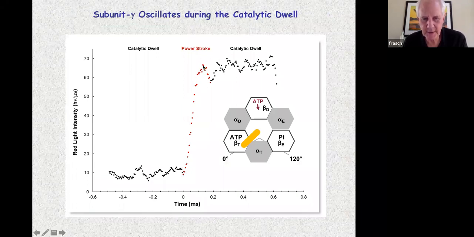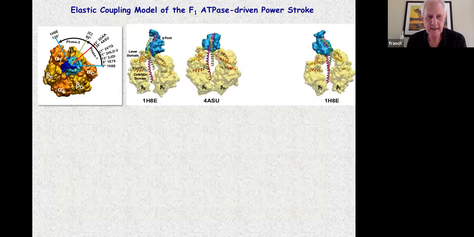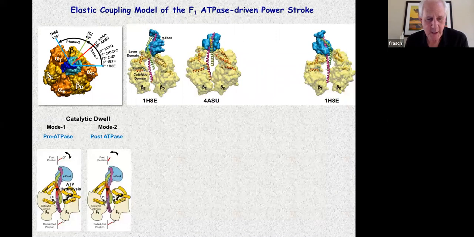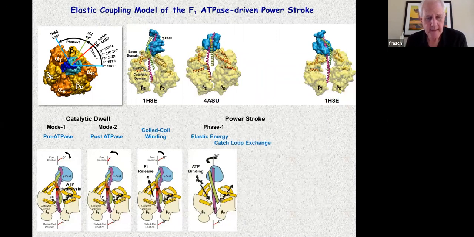Here's the power stroke, comes up 120 degrees and goes into the catalytic dwell. You can see it doesn't just lie flat, but it's oscillating. So it's kind of wiggling back and forth like this. Again, that's energy from elasticity. And there's a lot more to say about that, but based on that, we can now put together a